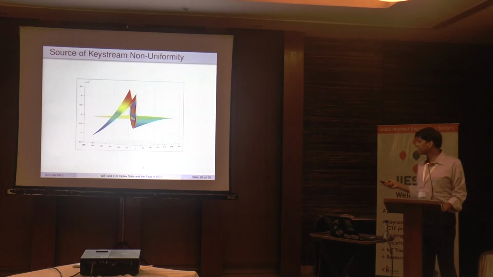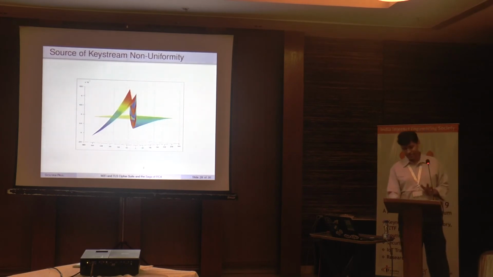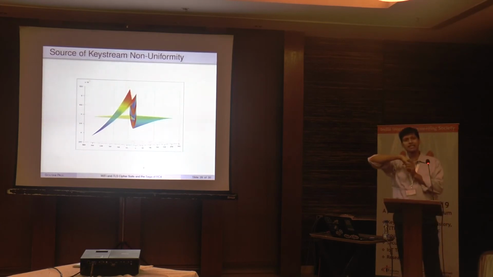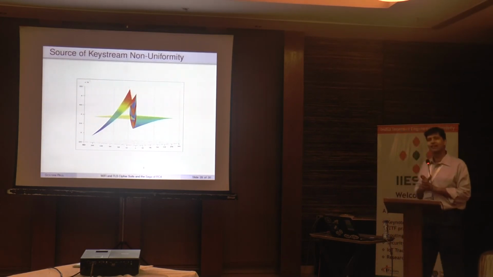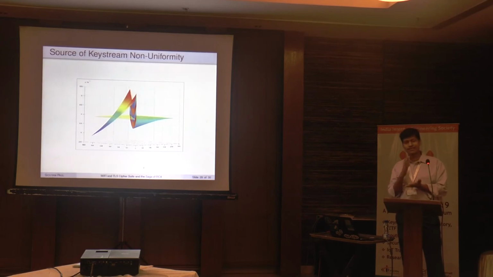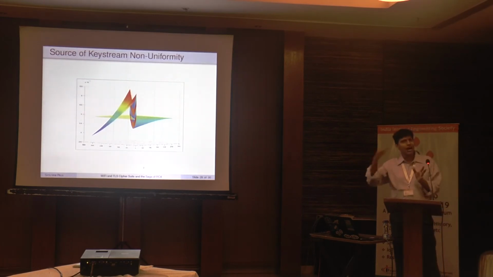Okay, then this is an interesting picture. I wanted to show you that all this bias is actually connected to the bias that is introduced in the state after the key scheduling. So the algorithm designer has to be careful. When you design an algorithm, before rolling it out to the market, you should statistically analyze it so that your state does not have any bias, because if your internal state has some bias, that bias will be reflected in the output. So all these biases we are talking about are at the output level.